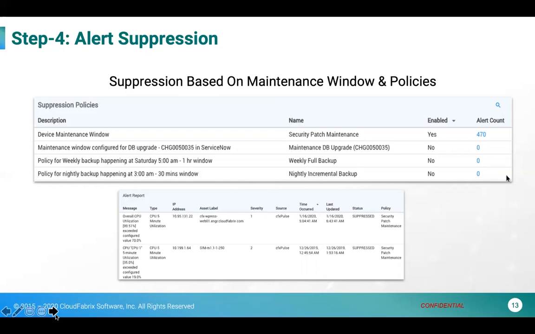You need to make sure that you're not burdening your support center with alerts from those systems. This is pretty much a correlation policy, but instead of creating an incident or sending a notification, you suppress them, because these assets are in a maintenance window.